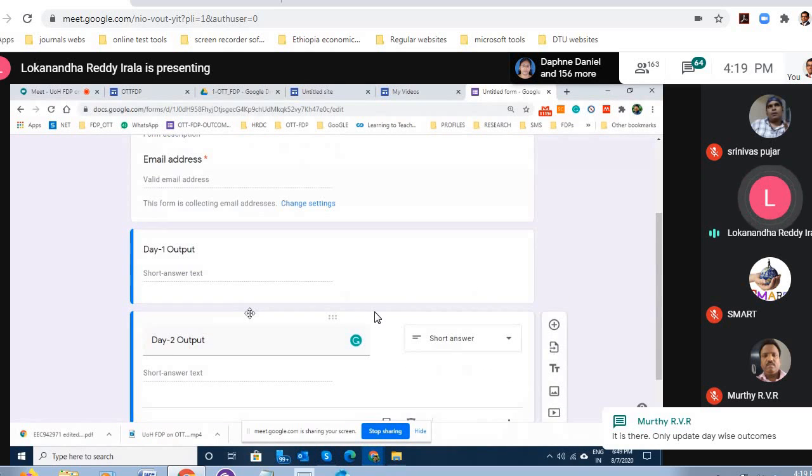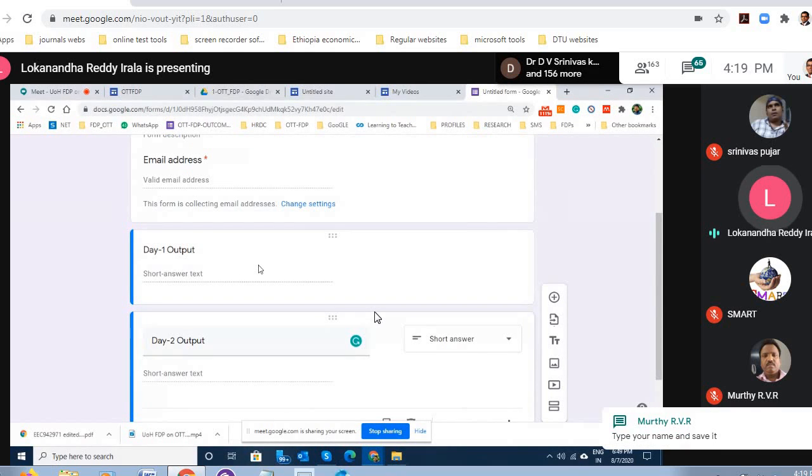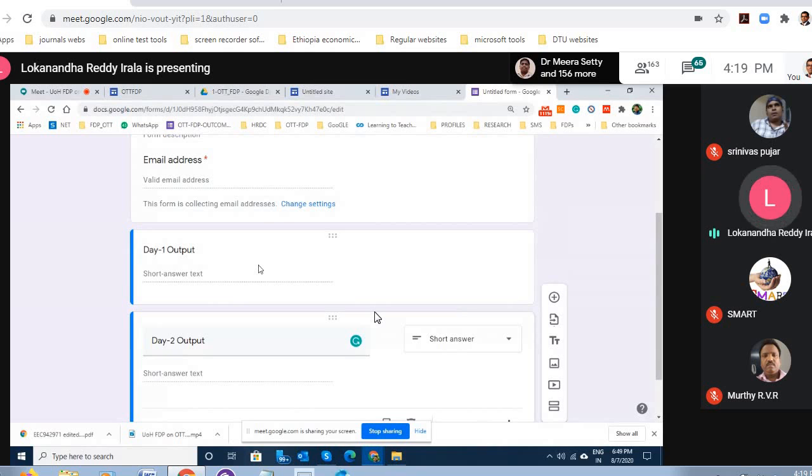From now onwards, you will still be submitting your output, whatever you have done, maybe in terms of the URL that you have made, or maybe you just simply type what you did, etc. But you will not be editing that page from today onwards. You will be submitting it through a Google form. But remember, when you are submitting it through a Google form, it's mostly one-time submission, or sometimes, I can actually